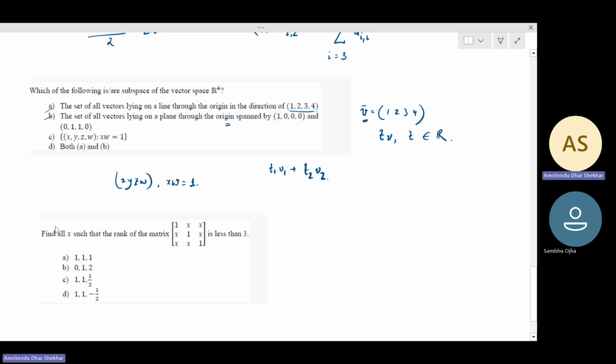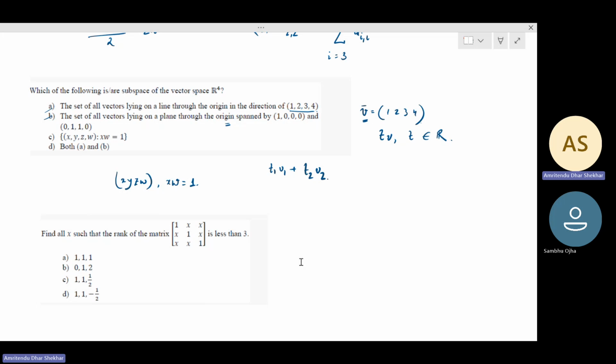Before solving this, let's look at another problem first. Or maybe we can just solve this first one. So find all x such that the rank of the matrix is less than 3. So this is a 3 cross 3 matrix. And if the rank of the matrix is less than 3, then